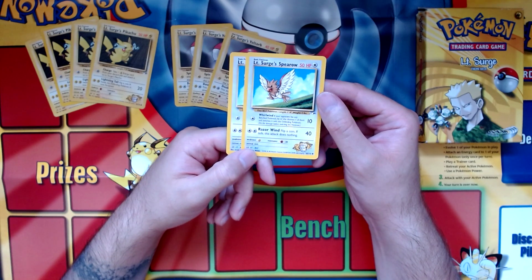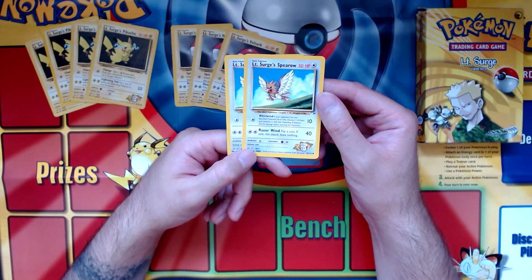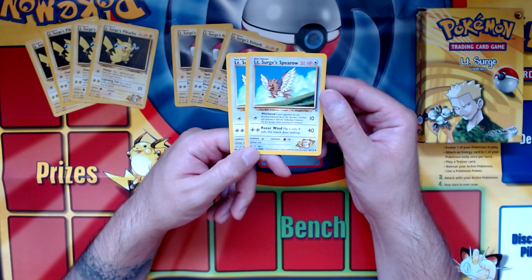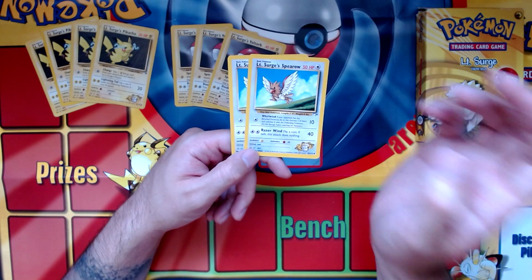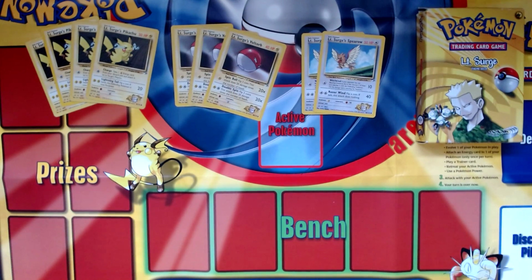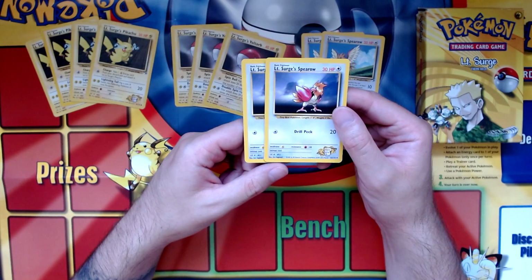That would be amazing. But realistically, what these Spearows are in here for is to cover the fighting weakness that we have on the electric ones, and it actually brings in, of course, the fighting resistance. So it's not bad. And indeed, we do get a copy of the